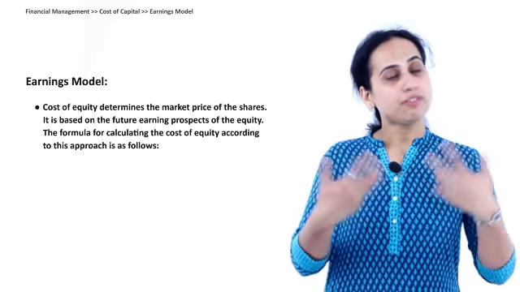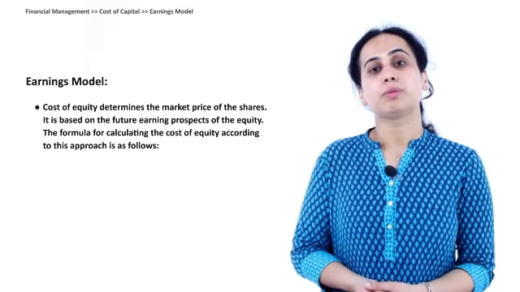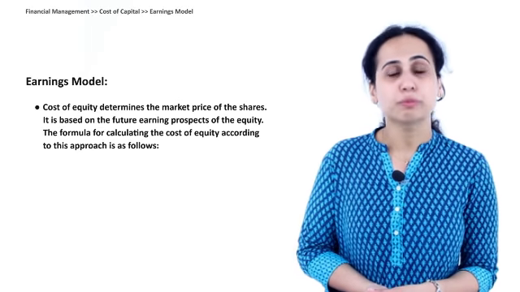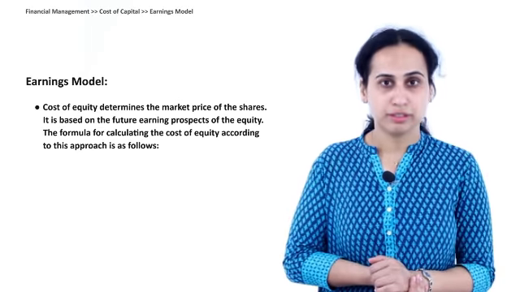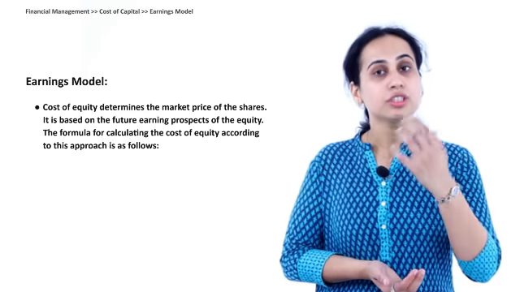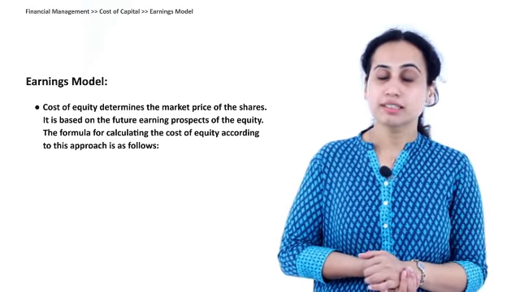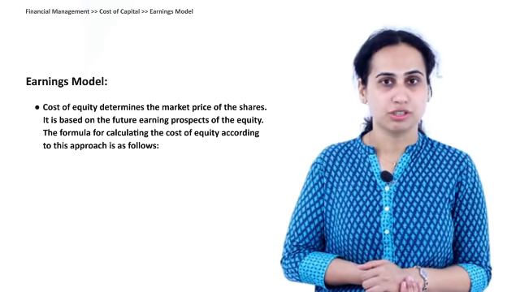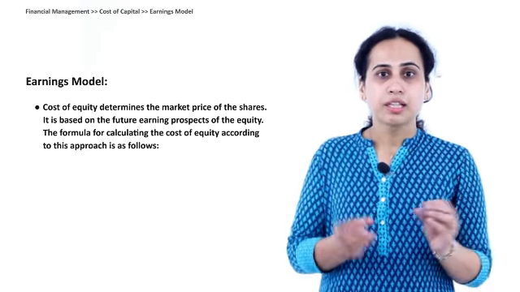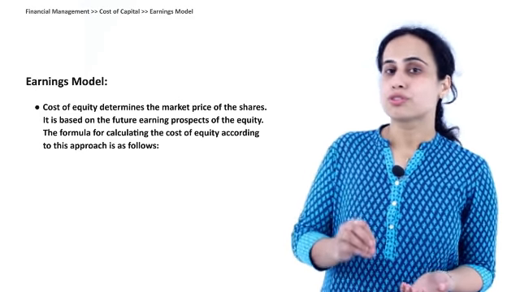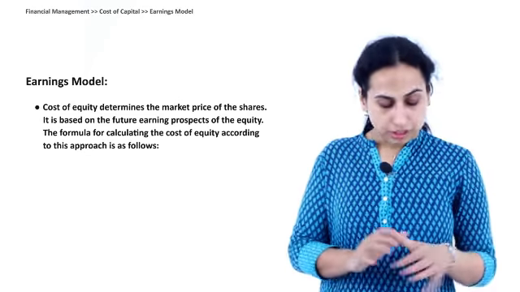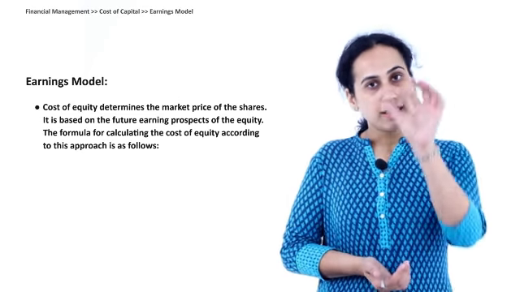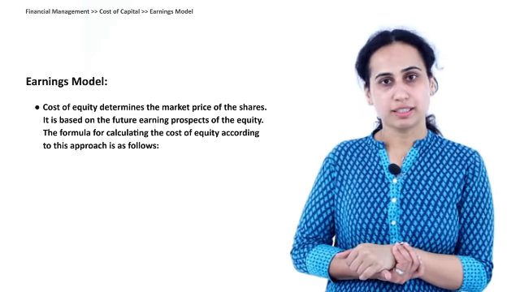Now people have a perception that when you're talking about cost of equity, you measure it in terms of how much future prospect earnings there are. Based on future earnings, the returns to the shareholder are measured. So based on that concept, we try to find the cost of equity. Now how have you found cost of equity till now? Dividend divided by net proceeds or market price, right?